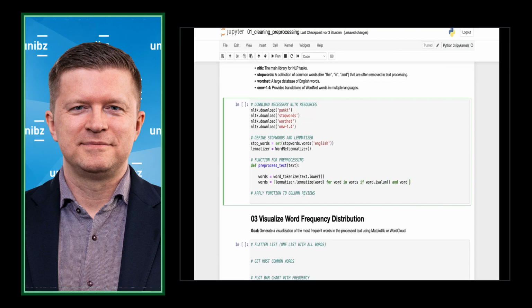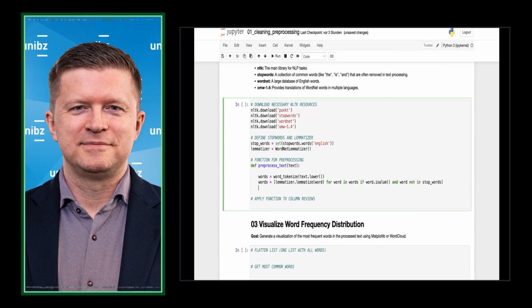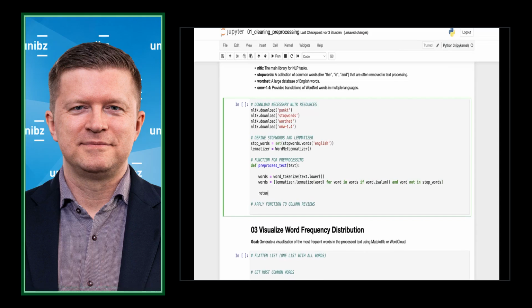And we want to exclude stop words. So word not in, how's it called? Stop words. And that's it. And then we should be finished and we can return our cleaned text now. All right. But that's our function that should work. Just to make sure, let's quickly run it.